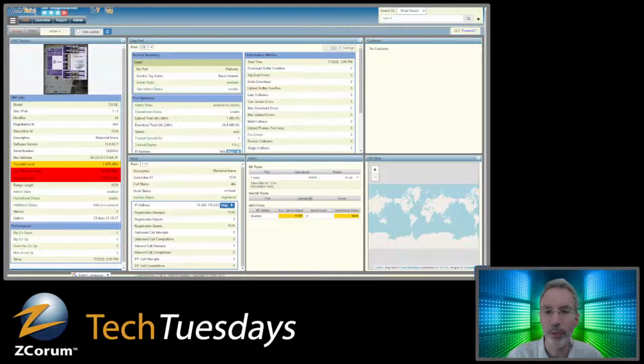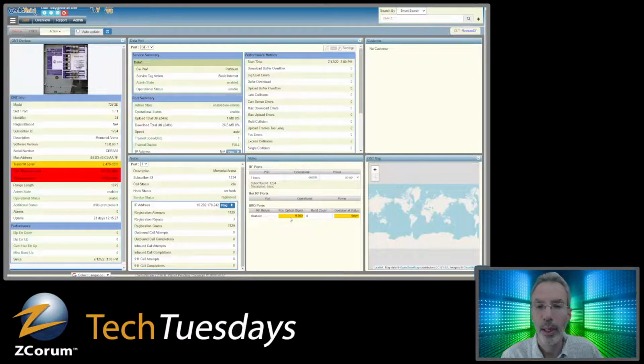So this may be a specific use case, but it's got hot RF ports, or maybe that means there's an issue, and I apologize for not knowing that. I'm just showing these features here, and hopefully, if you were familiar with fiber, you know what would be showing up here. So we've got hot RF ports, and we can see port, operational status. I'm assuming that would be enabled or enabled, and then power. So maybe it's a specific kind of port. Then we've got AVO ports here, and we see our RF return is disabled.